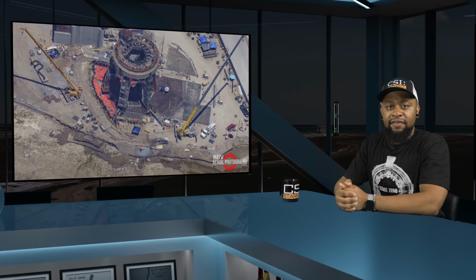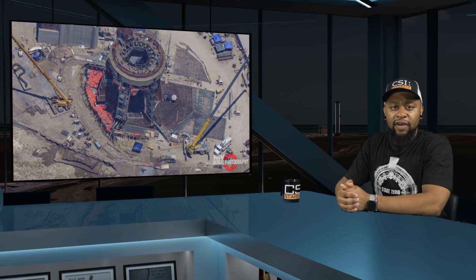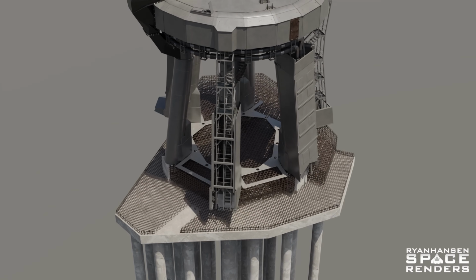Anyway, there was a ton of additional work on the foundation that occurred after Part 1, which I could probably spend a half hour talking about. Instead, I'm going to try and summarize it quickly so that we can move on to the more exciting stuff. I considered skipping this altogether, but I think it's very important information considering this is the part that Elon referred to as overkill. So when we left off, SpaceX was preparing to pour the second level of the foundation under